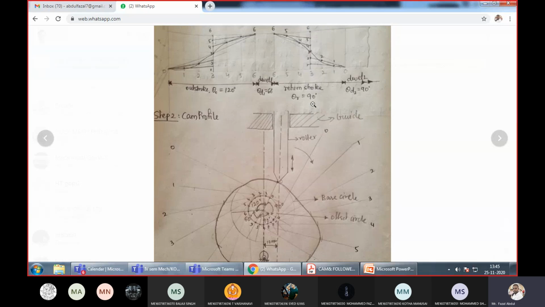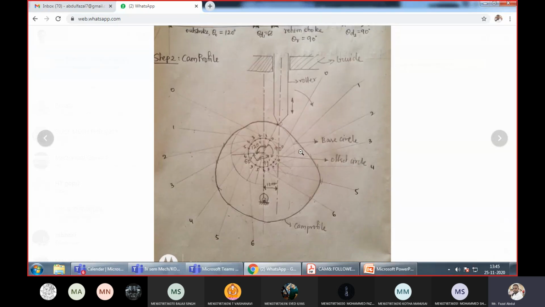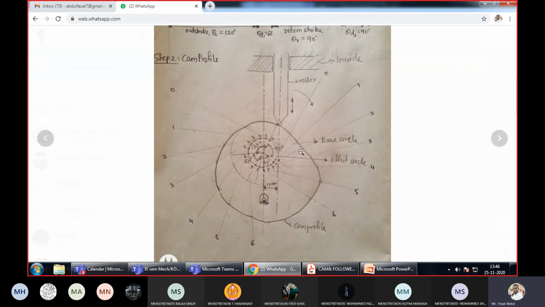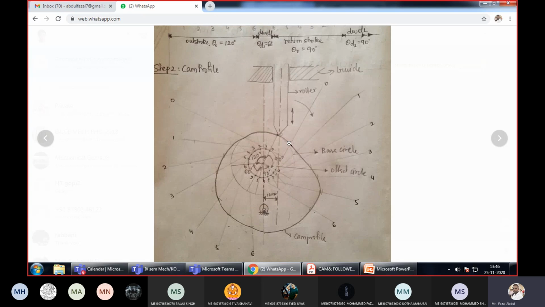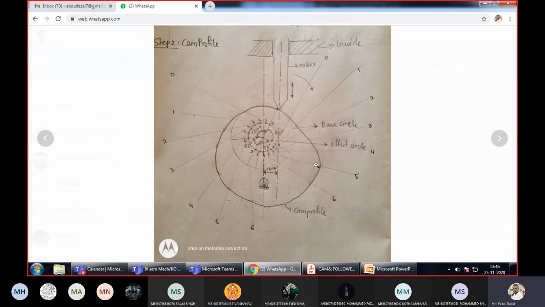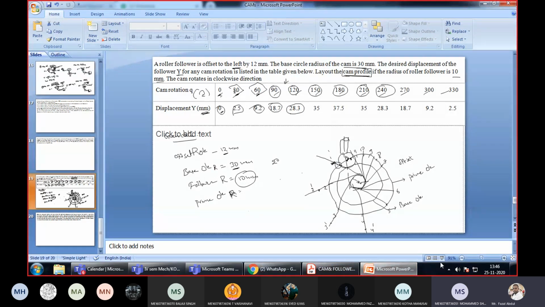So if you draw the displacement diagram and the cam profile well, easily you can get a good score. And one more thing, particularly when the question asks you to show where the base circle is, where the offset circle is, where the cam profile is, where the pitch point is. Such questions may be asked. At that time, you need to show them on your answer. Okay, sir. And after drawing your figure, you should send a pic. Okay, sir.